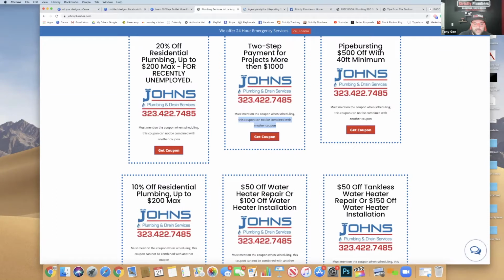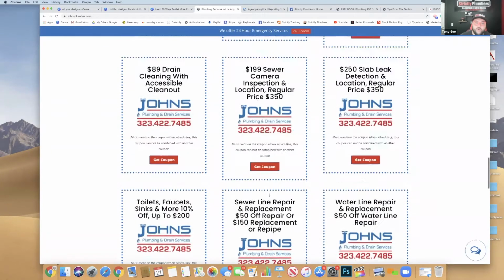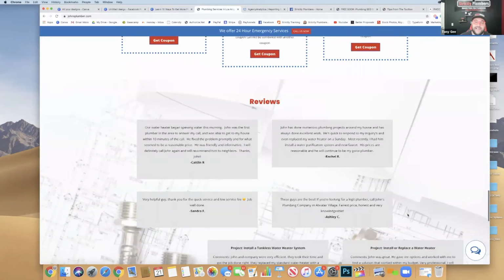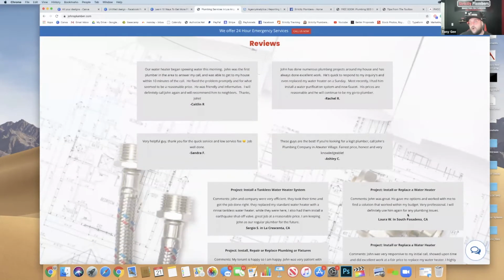Whether it's water heaters for repair or installation, you want to offer both, right? In here, I'm showing you all of the coupons. Coupons are not to cheapen your company. Coupons are eye candy for homeowners to click on. So don't feel like you're cheapening your company in any way if you have coupons. This is eye candy for homeowners and other local business owners, and they want